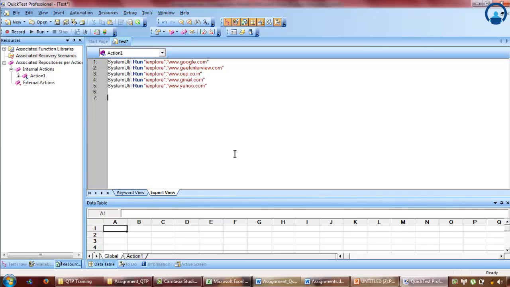The first thing is to create the child object. So we use Set and we create an object. Let's say the object name is: Set obj = Description.Create. This is the code which you need to remember. This is the code to create an object. So first of all, I'm creating an object with the name obj, and in obj I'll put the